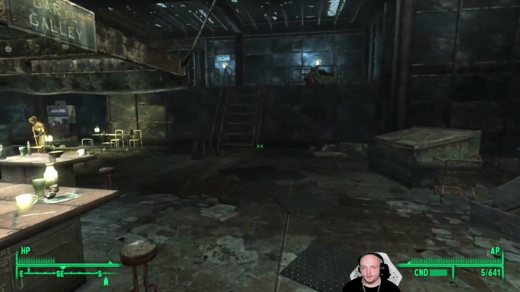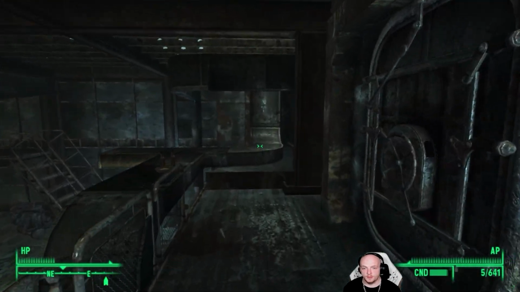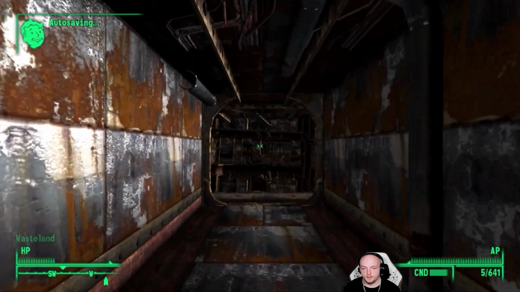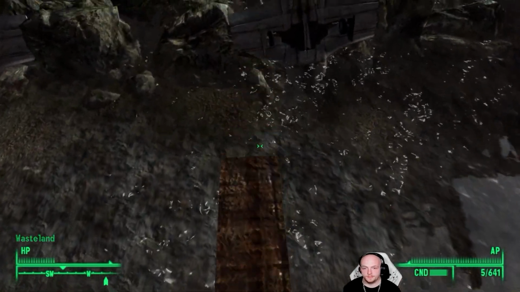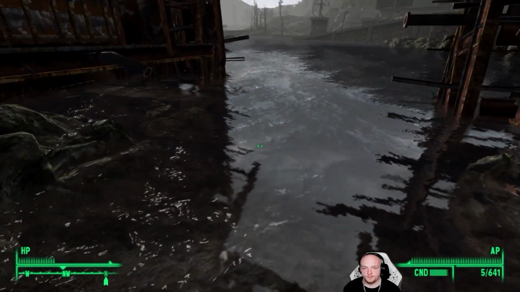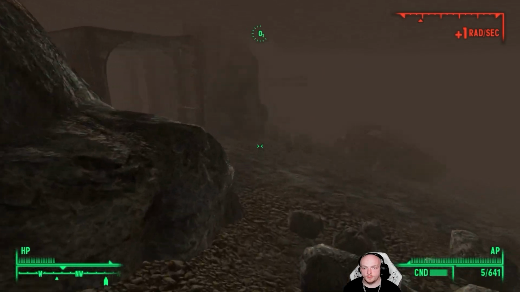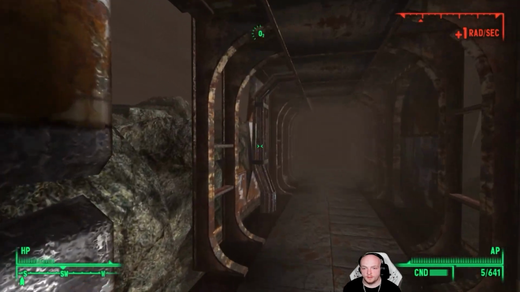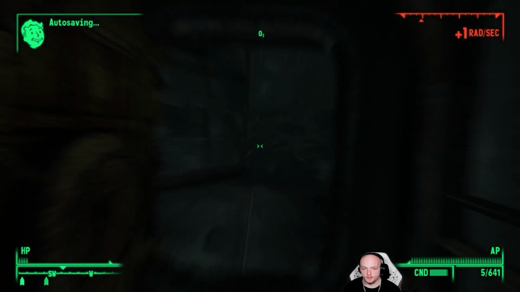Alright guys, so if you go out this door up here, there's a much easier way to get to Pinkerton. Check it out, right? Let's go right down here. Because if you go to that door over there, it's locked and you need a 100 lockpick skill to open it, which we don't have right now, so...